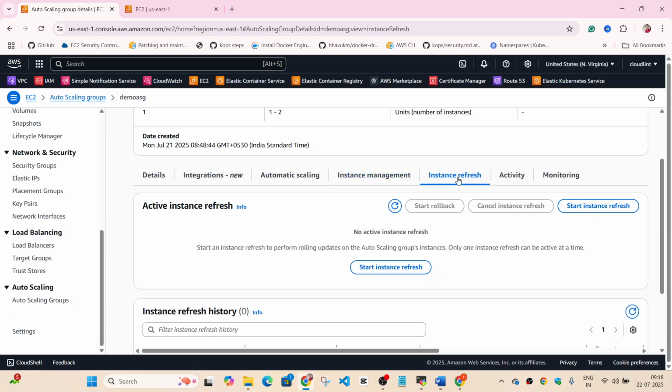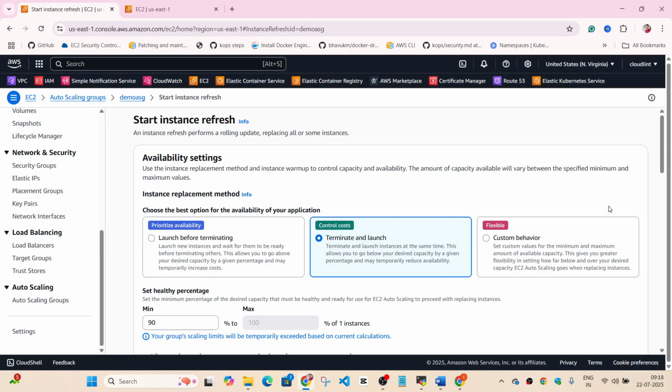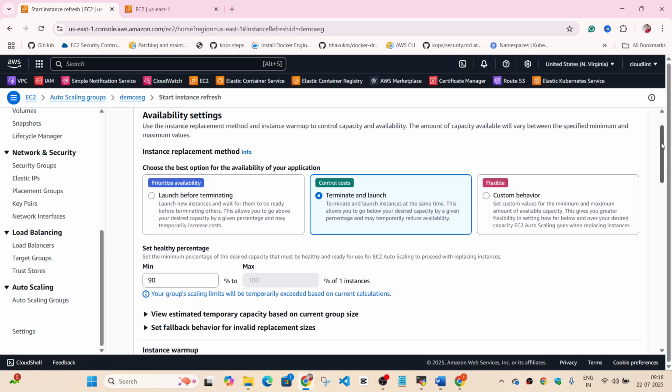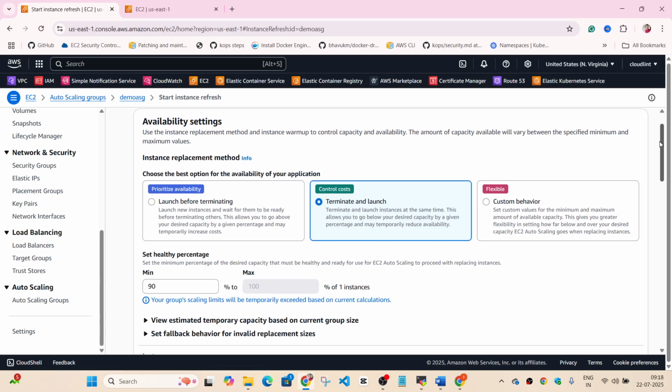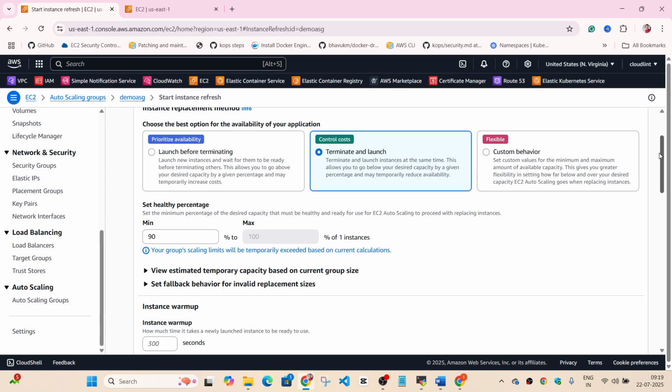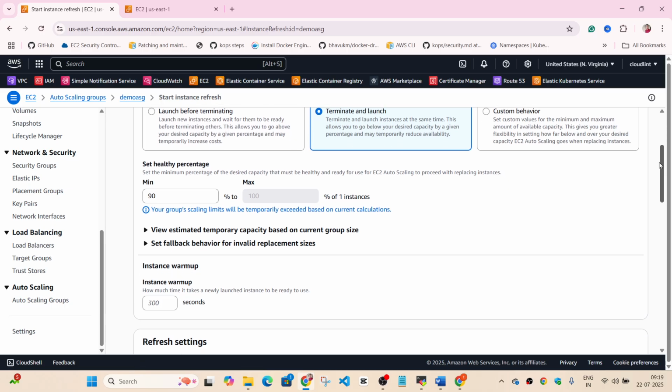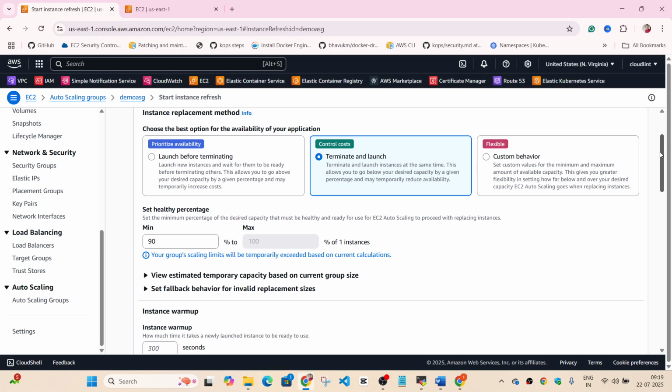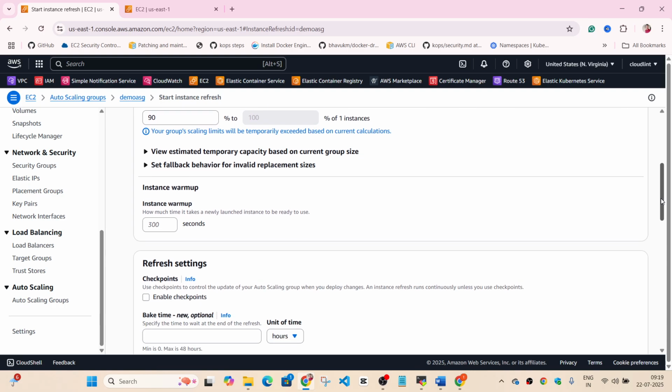So you can go to instance refresh, start instance refresh, and we can use the default option, terminate and launch. Let's keep everything as default. Don't need to change anything.